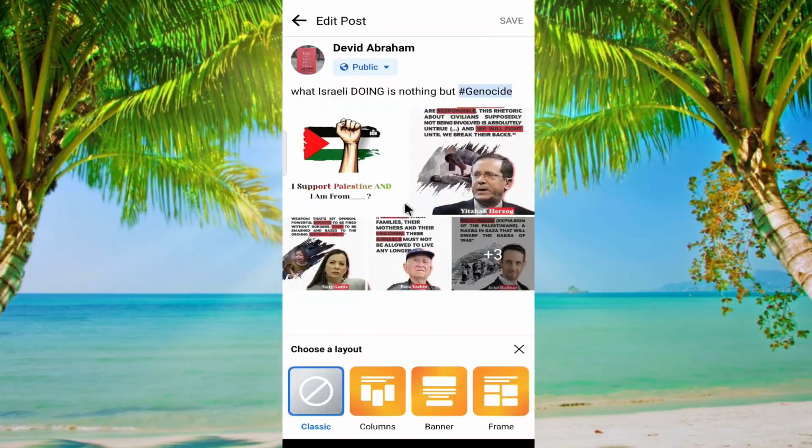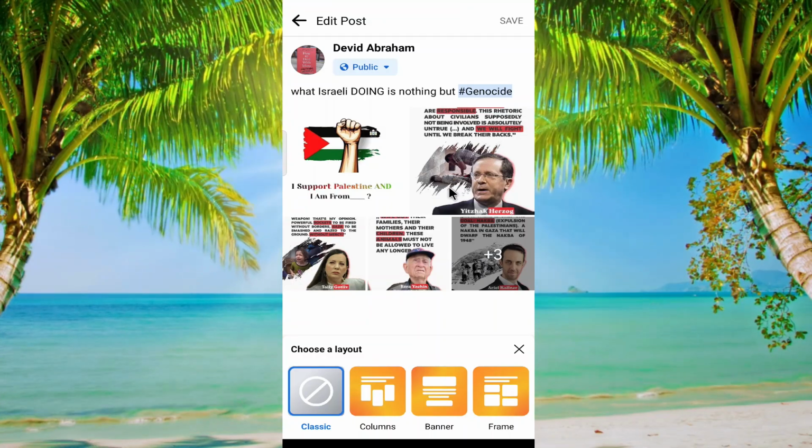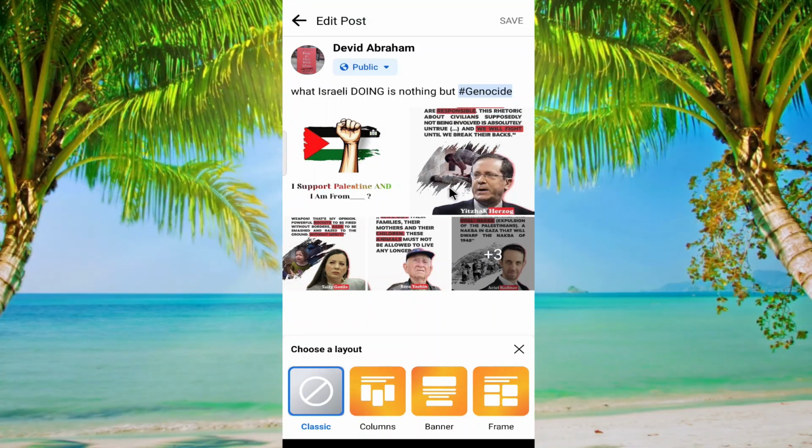Now go to the photo that you want to delete,